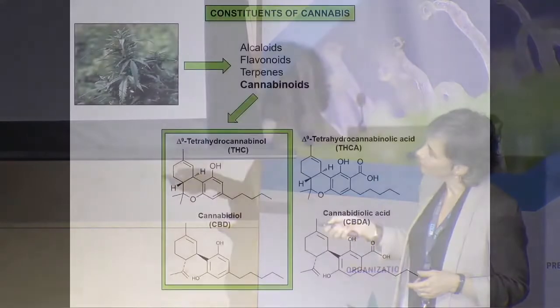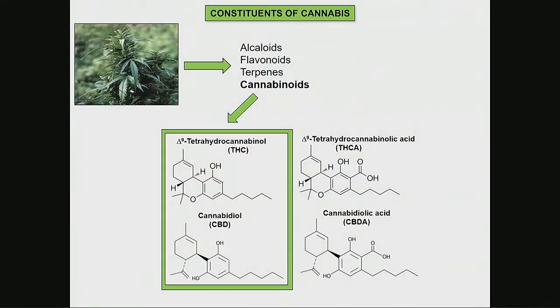In this square here, I have put just two of them. The family is very big. We know about 170 cannabinoid compounds today, and these are the most popular ones. This is delta-9 tetrahydrocannabinol. You will hear this name a lot during the conference. We call it THC. And this other one here is cannabidiol, CBD, which you will also hear a lot about. In the plant, these two cannabinoids are not present, or are present in very small amounts. In the plant, they appear in these forms that you can see here.